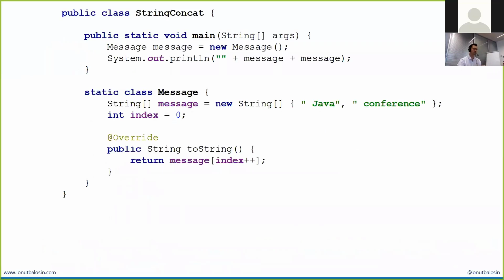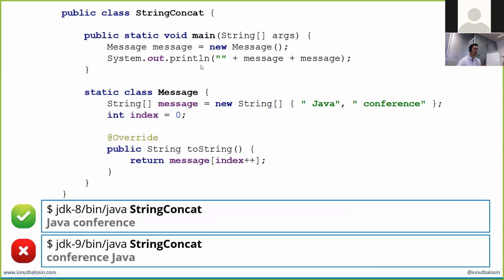Let's suppose you have this Concat class, which has an inner class called Message, and the Message contains an array of strings, and I override the method toString, and on each call, it returns a string out of that array by, of course, incrementing the index. And here inside the main, I create an instance and I call System.out, very simple. However, if you compile this with JDK 8, it prints what you might expect. It prints Java conference, right? Because it calls